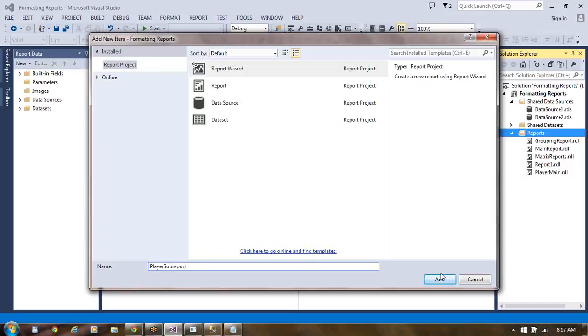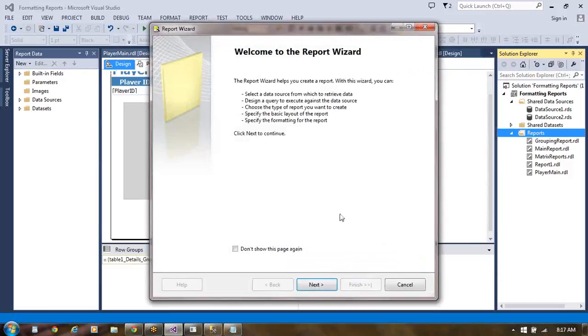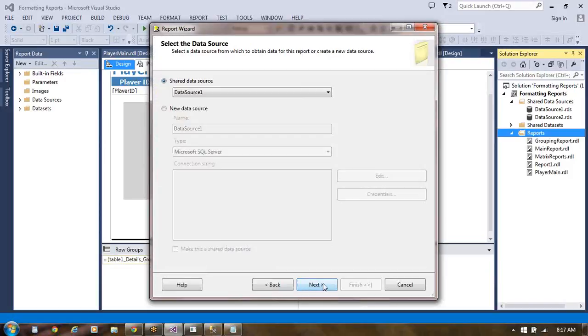Name is going to be player sub report. Click on add. In the player sub report we have different columns. We can have different columns, we can add a parameter even. What we choose in this is data source 2 only.